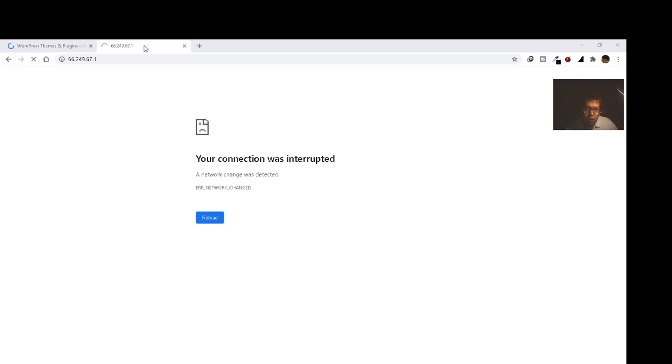Now imagine if you had to remember such strings of numbers to visit a favorite website. It would have been so difficult. Domain names were invented to solve this kind of problem.